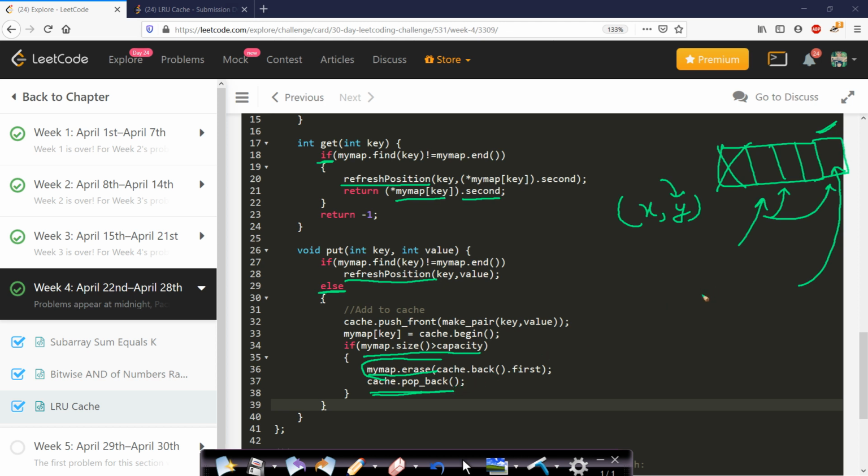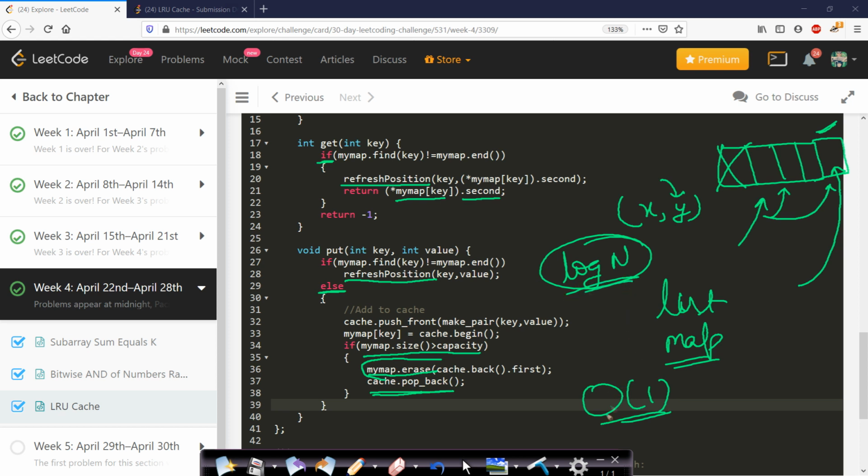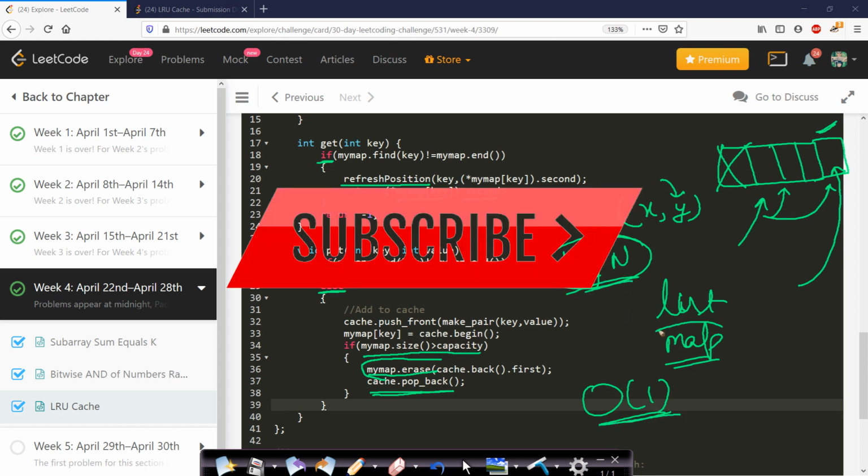So we had two data structures here. One was a list and another one was a map. So this will work in just O1 time, but then we are using map and list and some erasing stuff, so approximately it takes log n time, but then we can say that it is O1 since searching in map is assumed to be O1. So this is the entire code for implementing LRU cache. I hope you understood it.